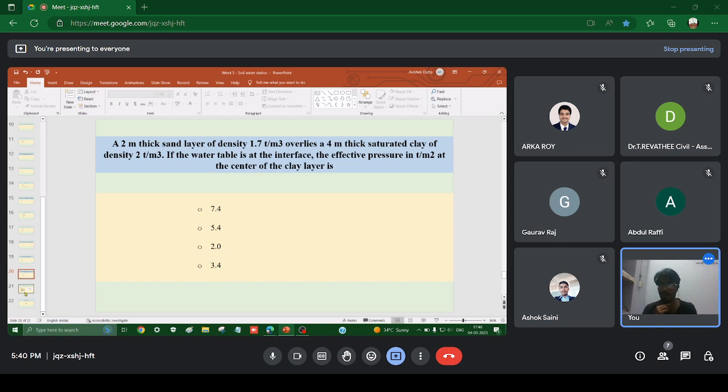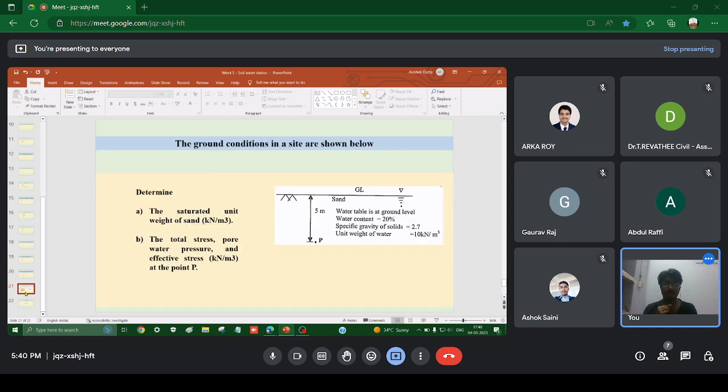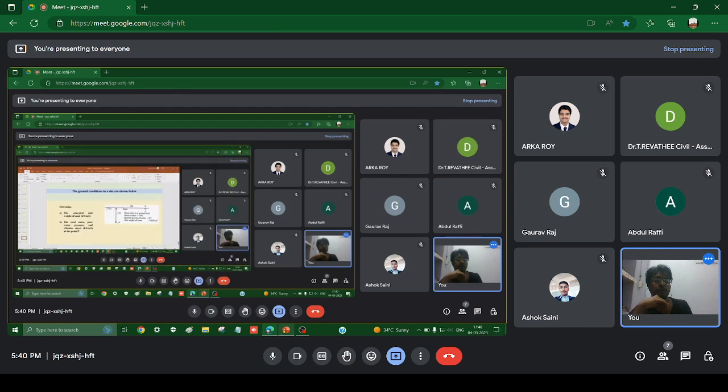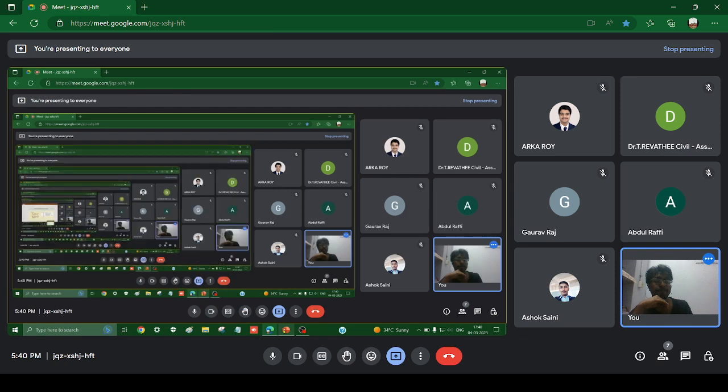Okay. Next question. Please draw this diagram. This is, I think, from some previous year's question. Please draw this diagram. Can everyone see the diagram in the PPT? It is visible, right? The diagram. Okay, if it is not visible, I'll tell you.